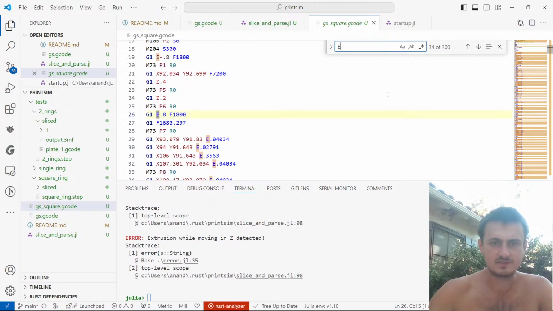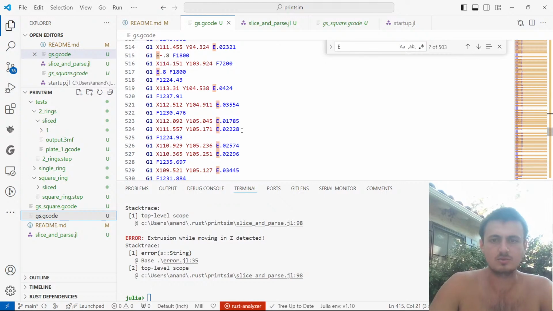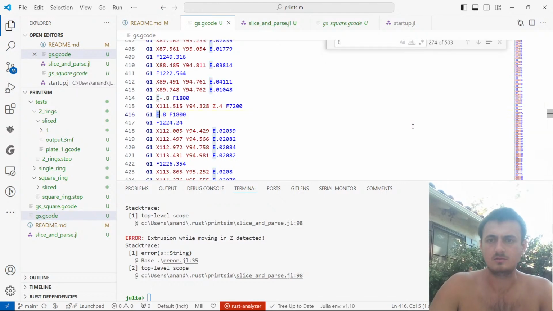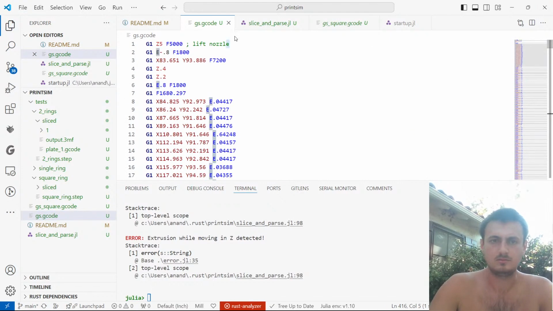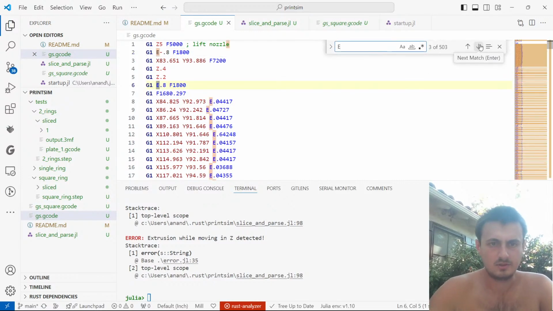Okay, it retracts. All right, here it's... So... Oh, wait, actually, can we do this in the... Is this the square? Oh. E,